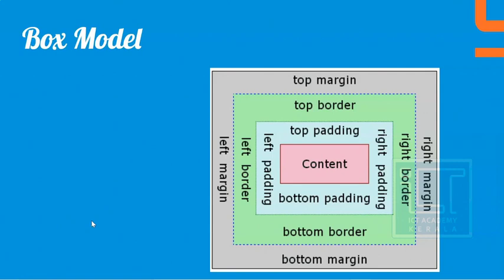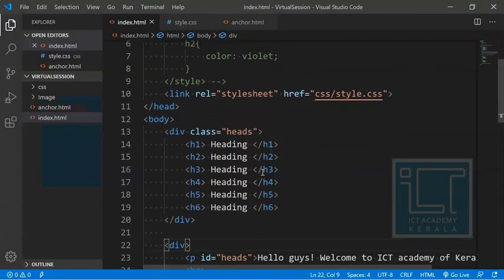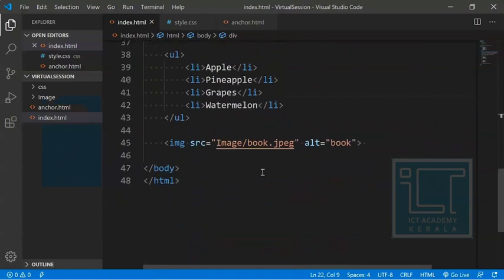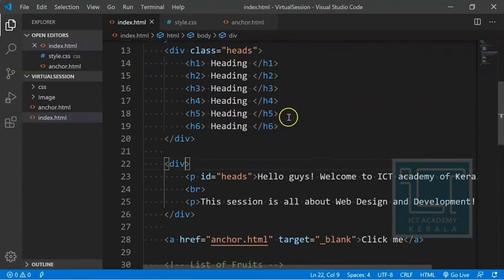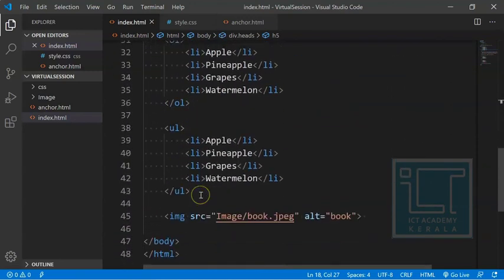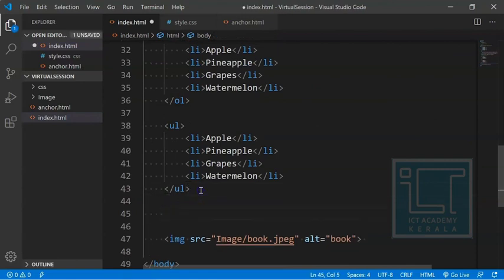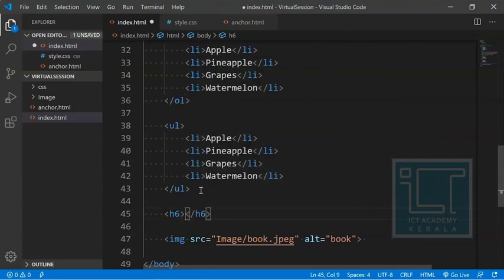A better way is to show you a live demo about the difference between the padding, margin and border. For that purpose I would like to take a heading, which is called head 6. I'm taking it outside any div, so I'll just put a p tag or a head 6, and that head 6 is going to be box model. So this is my heading, box model.